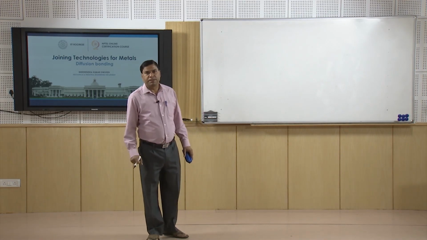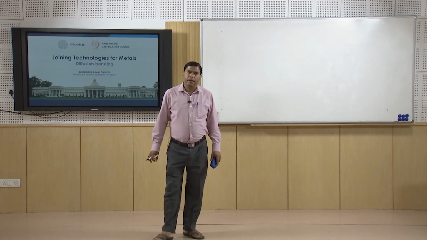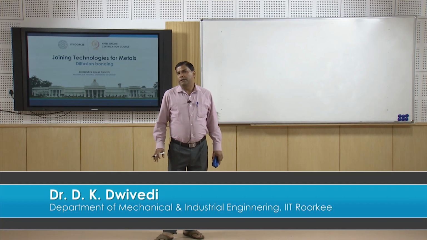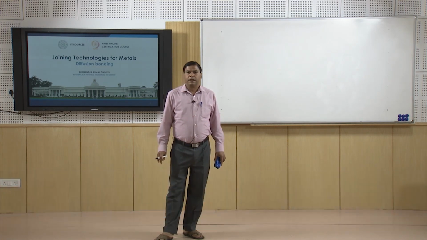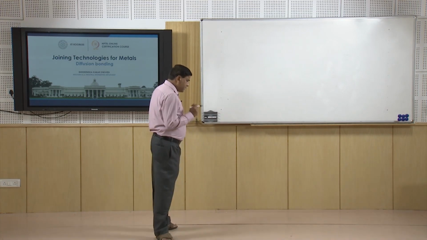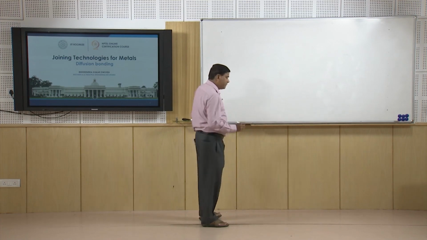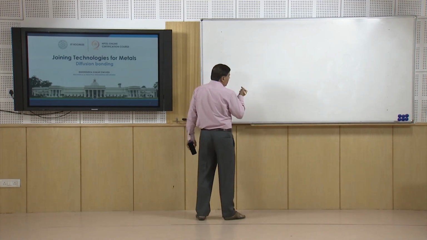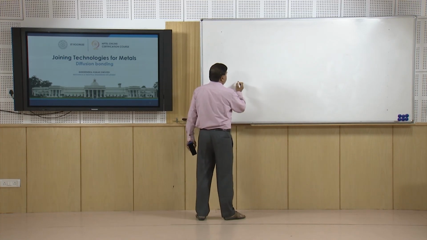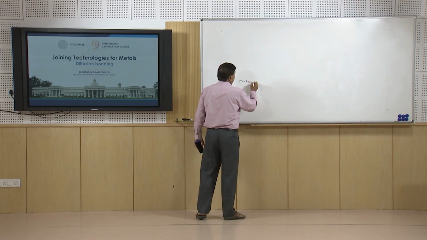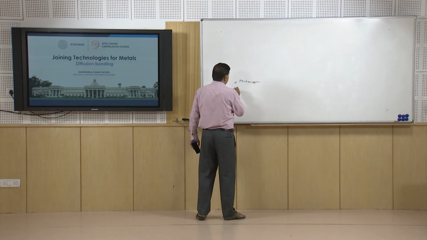This presentation is based on the diffusion bonding process. This is one of the solid state joining processes and it is related with the joining technologies for the metals. So, in this presentation we will see how diffusion is actually used for development of the joints, and the different aspects related with this process, starting with the mechanism of developing the diffusion bond